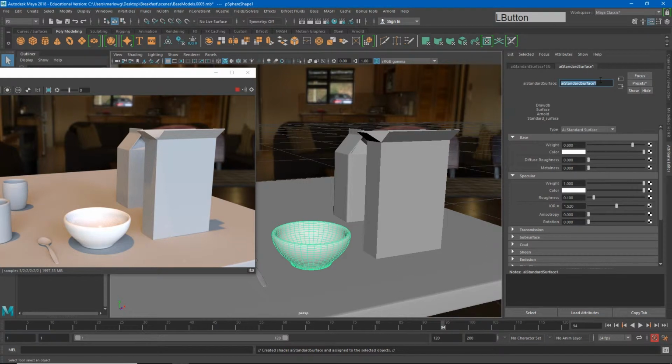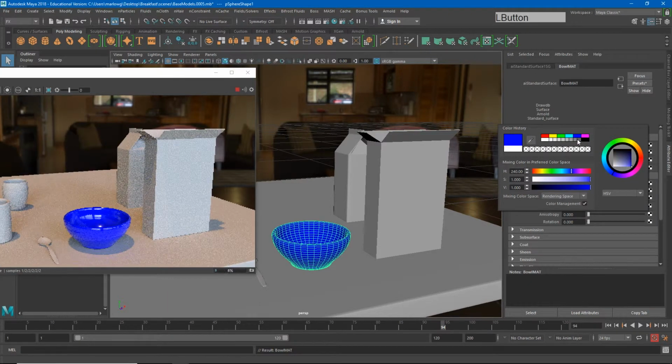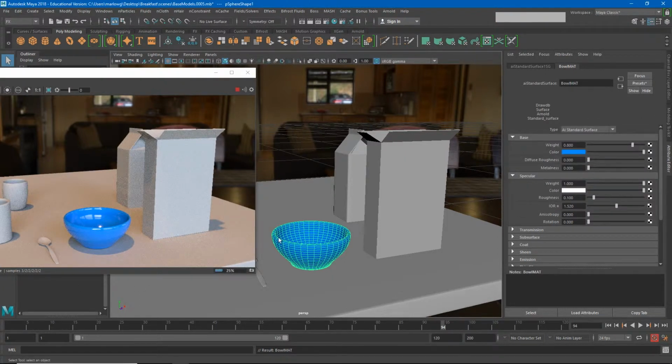We'll name it Bowl, M-A-T, for bowl material. And then I'll change my color to something like blue. And that may be just a little too blue for me, so maybe I'll pull back a little bit. And so now we're seeing we're getting this blue material, but we're also seeing we're getting reflections in this material